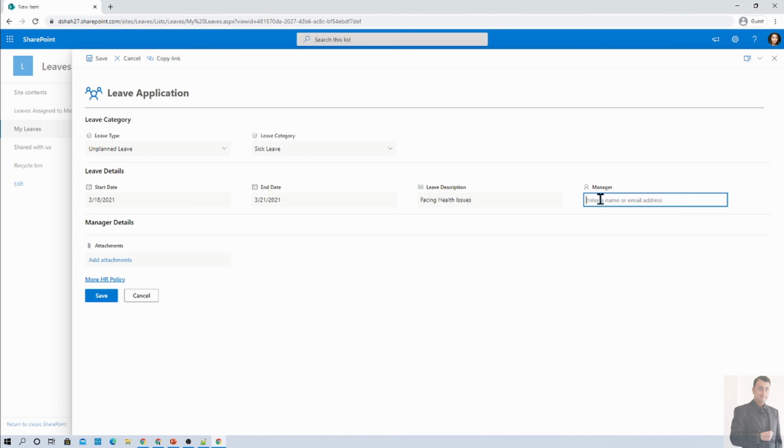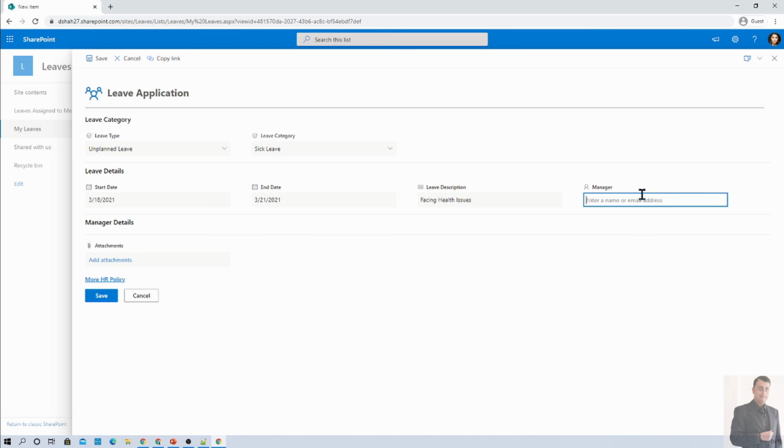Now here we have one conditional column. So when the manager is equal to the current user, only at that time will this manager section appear to her. Otherwise it will not appear to anyone. Meaning whenever we select the manager from here, only at that time will the manager be able to see this entire section.